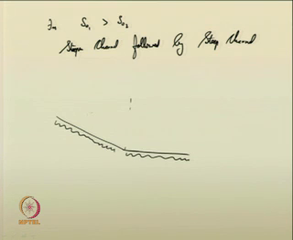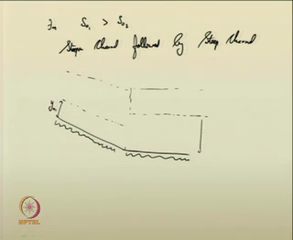So, you have the normal depth line like this. Here the normal depth line is like this. The critical depth lines will be like this. This is your y n 1 and this is your y n 2. The only possible